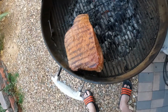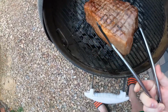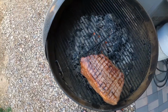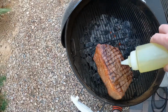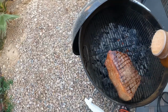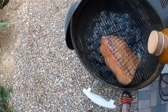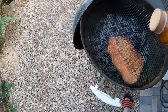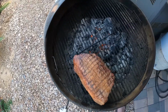Seems to be coming along pretty well. So I'm going to go ahead and flip this so you can see we've got some grill marks going there. That's pretty nice. Go ahead and give another little blast of oil here to help hold the seasoning on. So again, give it a lot of seasoning. I mean, this is going to be sliced thin and the seasoning's just hitting the edges. So give it a fair amount so that it's picking up the slack there,